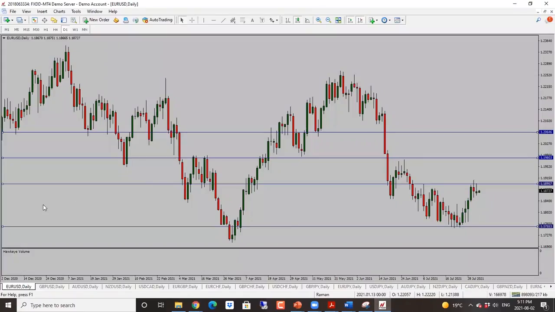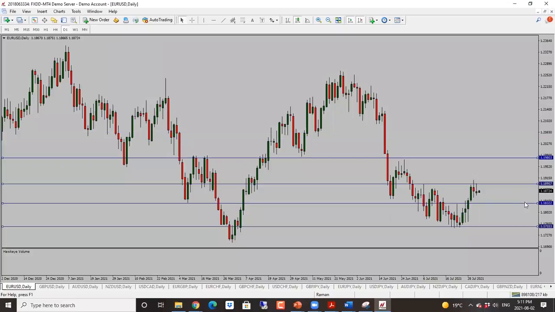So let's move on to our charts. We'll start off with euro dollar here. For euro, we have seen that price has struggled with our resistance level. Even today, price went all the way into the resistance at 1.1900 and failed. And now we are into a bit of a support resistance level in both directions here. However, we have a large pin on the top, which means we could see things slide. So watch out for that. Overall, neutral to bearish bias here for euro dollar.